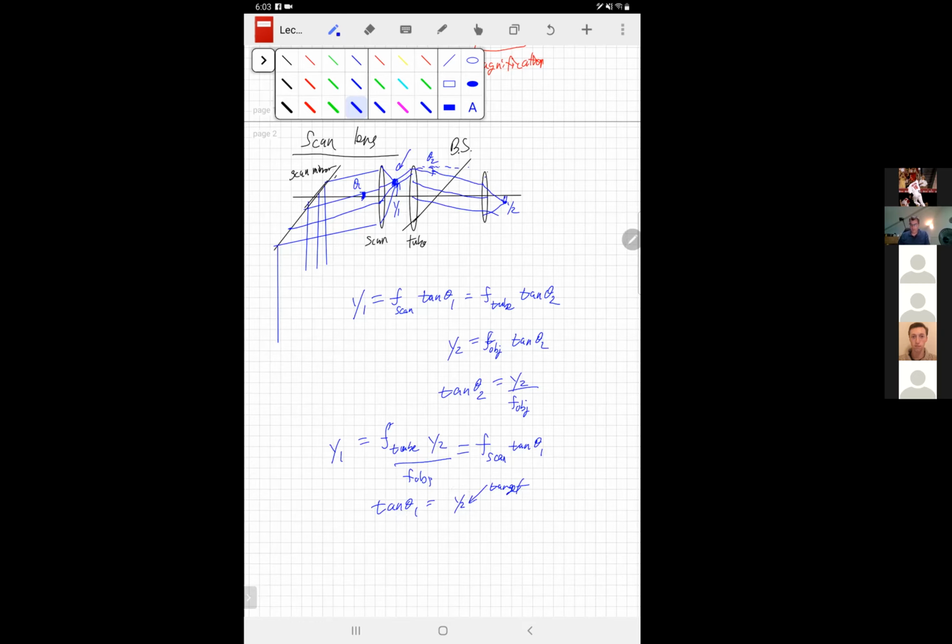And someone says, okay, we're going to have to send in a light at an angle given by tan theta 1 equals F tube over F objective F scan, times Y2. So you program a computer to control all of this by saying, we're going to try the following Y2 values. We're going to first focus the light here and collect